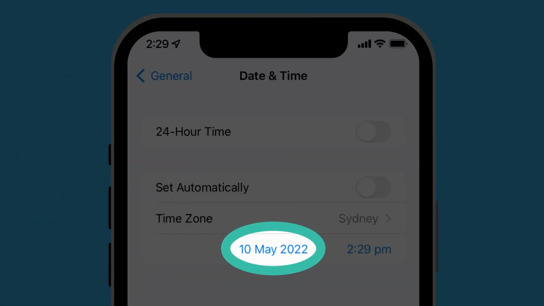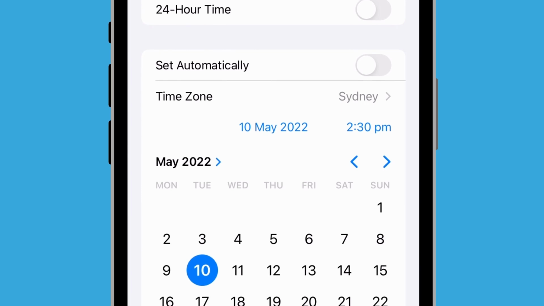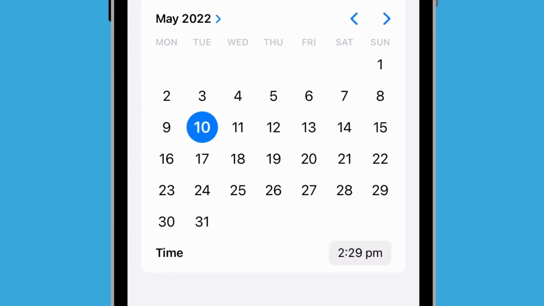Now, tap on the blue text under Time Zone. A calendar appears, and you can use these options to change the current date and time.